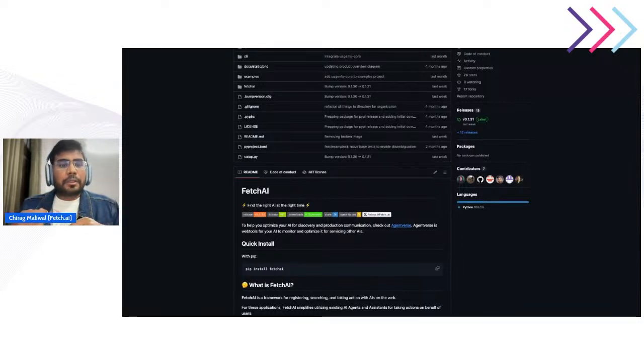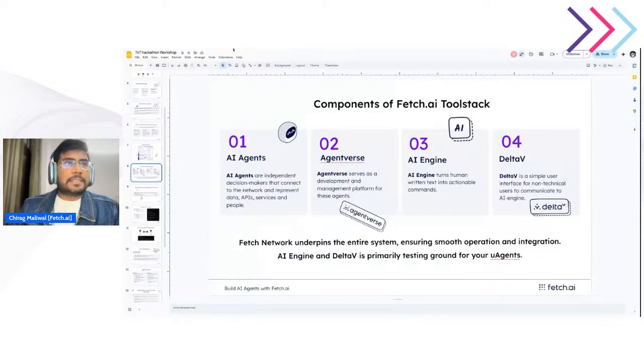You can register your agent on Agentverse using this Fetch.ai SDK, query Agentverse to find the right AI, and communicate with those agents. So this SDK allows you to find the right AI at the right time, register agents on Agentverse, and communicate with them.